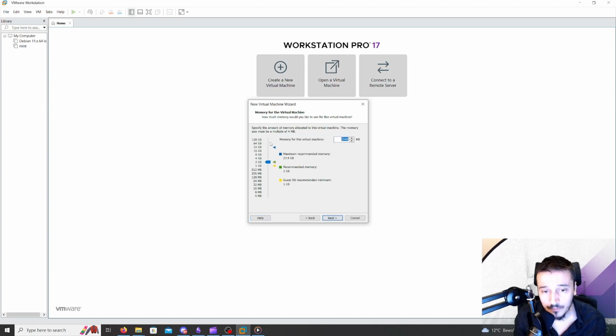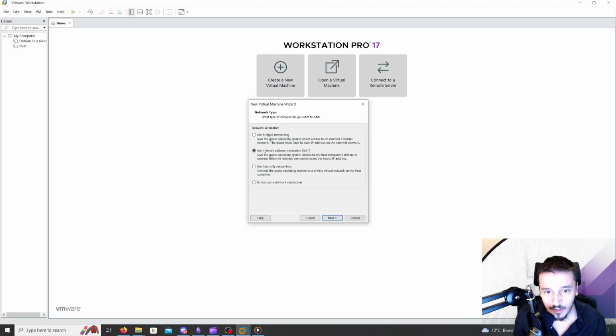The RAM, which you want to give it, we'll create virtual hardware here. So we're gonna select 4 gigabytes RAM. And which network interface, so another virtual hardware we're gonna use for now. I'm gonna explain what this is in other videos. For now, we're just gonna leave the default settings, which is use network address translation. Just next, the default settings, next,